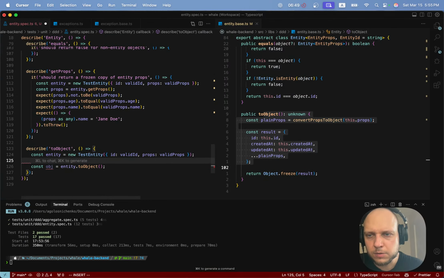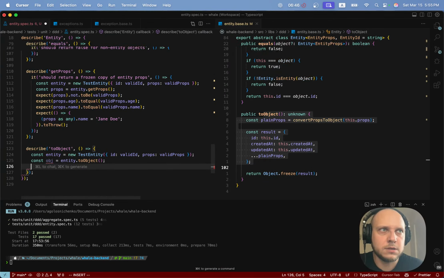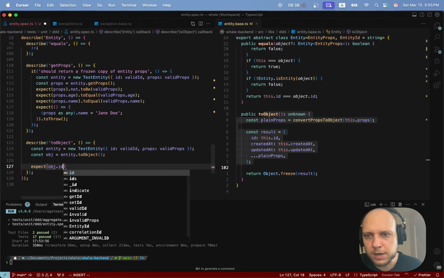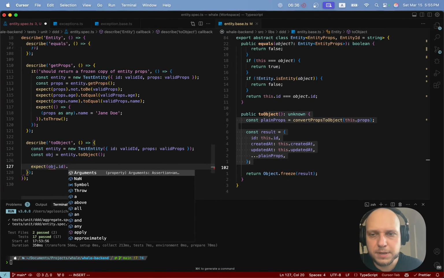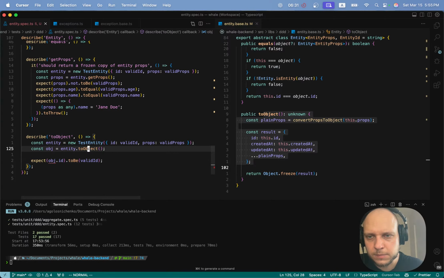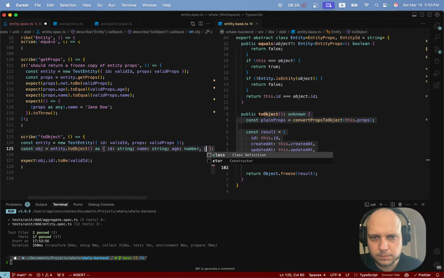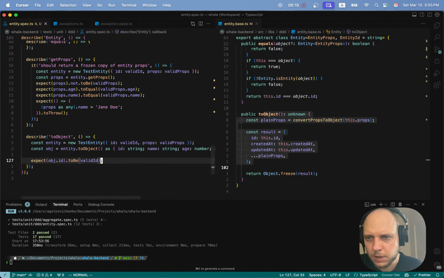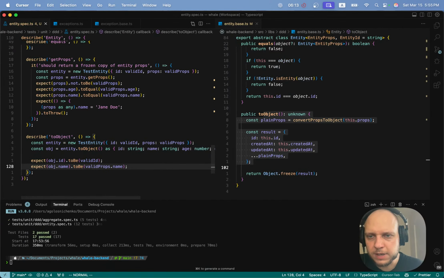Okay, so what else? Expect object not to equal entity, expect object.id to be valid id. Let's define. So expect object.id to be valid id, expect object.name to be valid props.name,